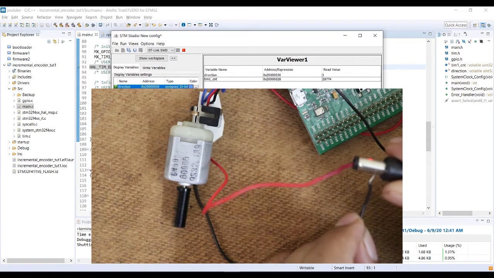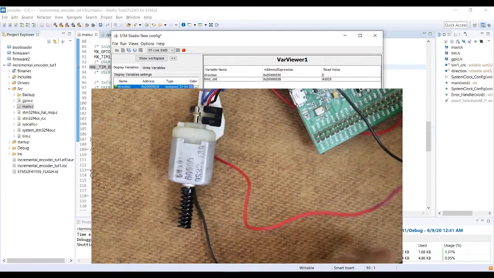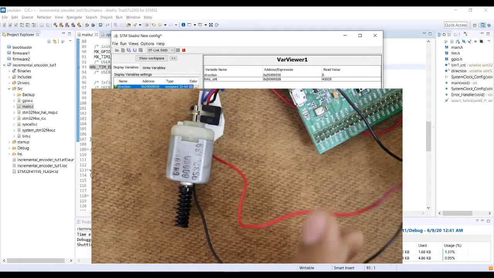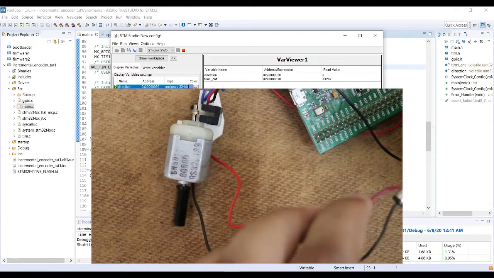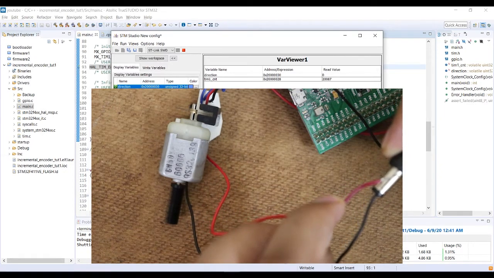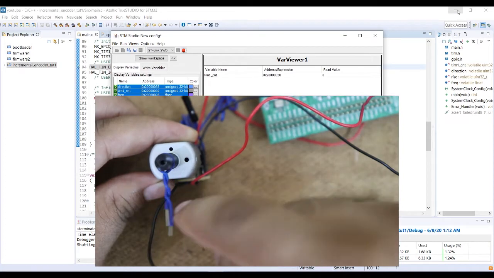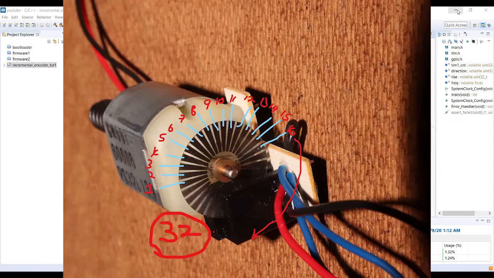With almost no lines of code, it works great. You can also count a complete rotation by counting the number of opaque slots and playing with the prescaler values.